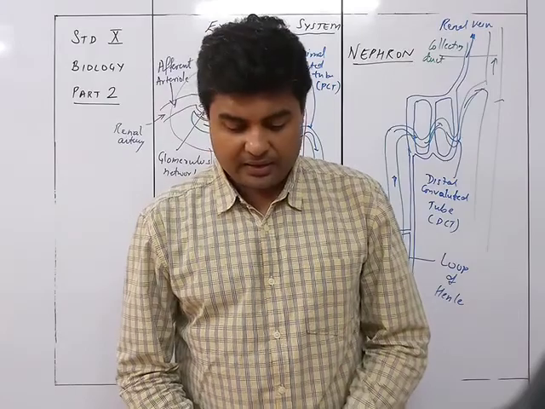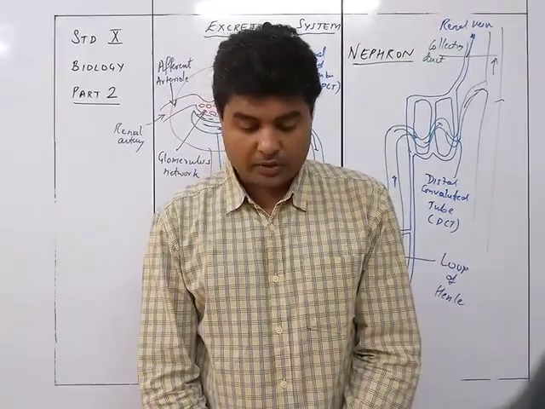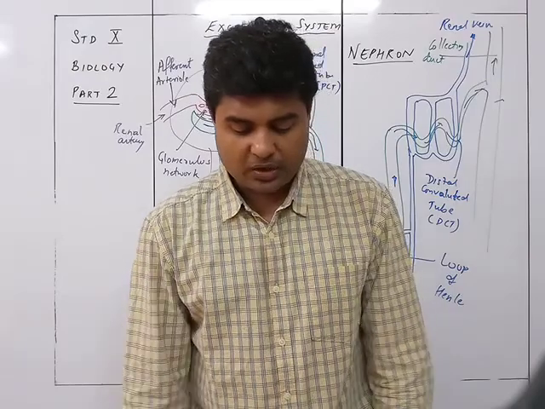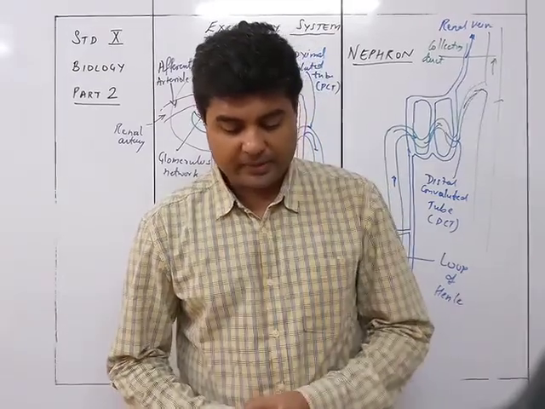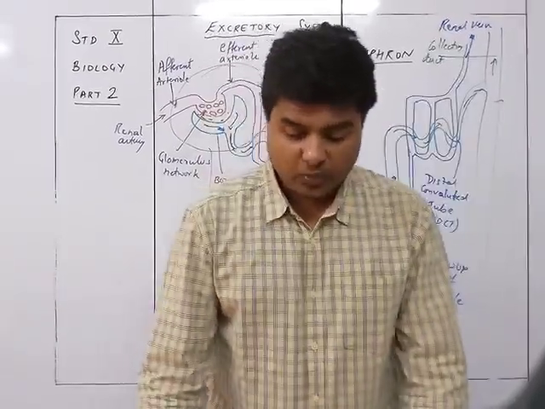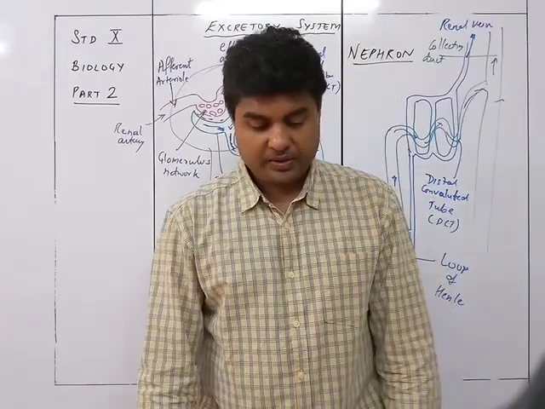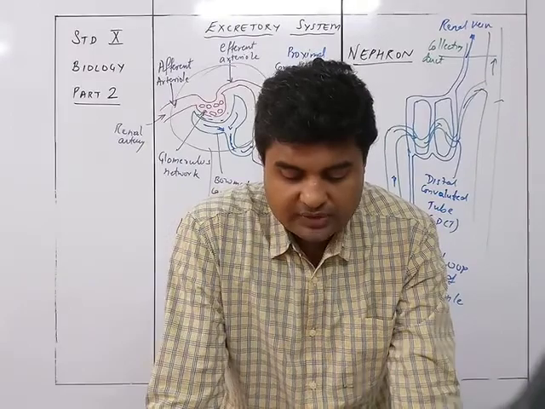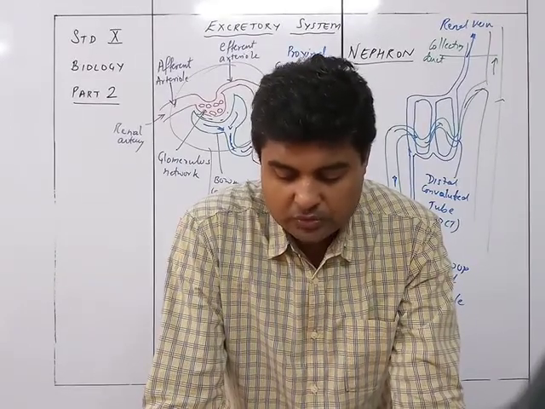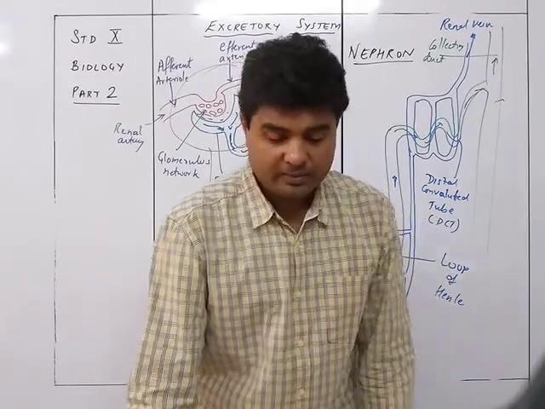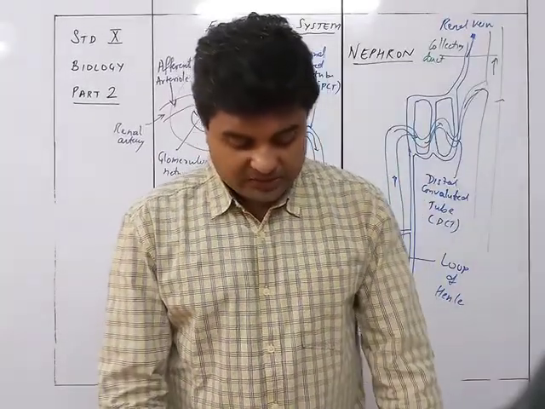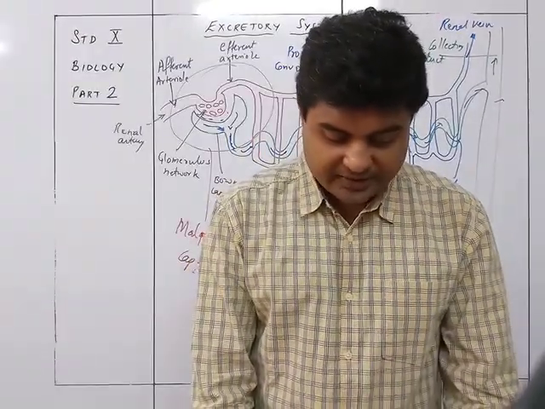Water, kidney will give out the excess amount of water as the main constituent of urine. Skin, water loss as a main constituent of sweat. Lungs, water loss as water vapor in the expired air. And bile pigment from the hemoglobin breakdown goes through the liver to the intestine via bile juice poured into the duodenum. So through which it is going into the feces. So that was about the chapter excretory system.